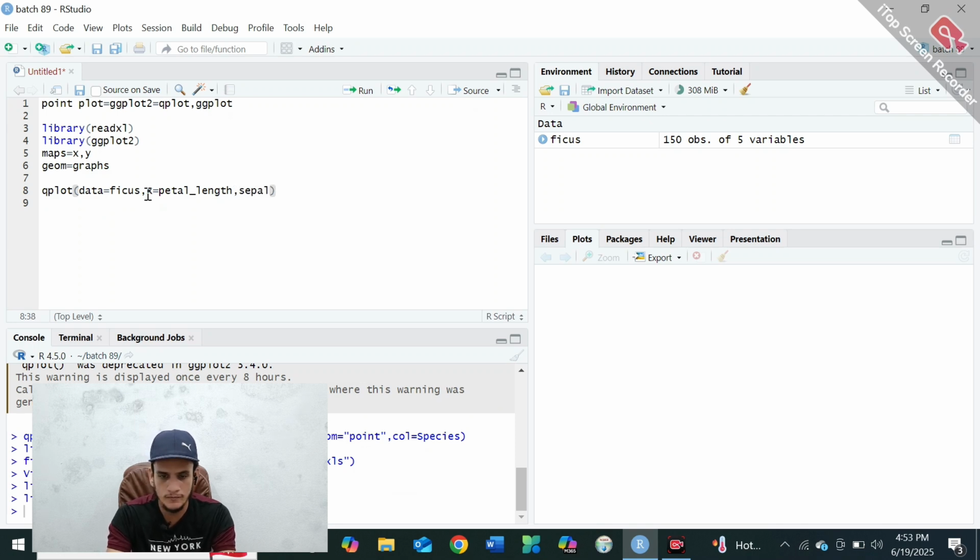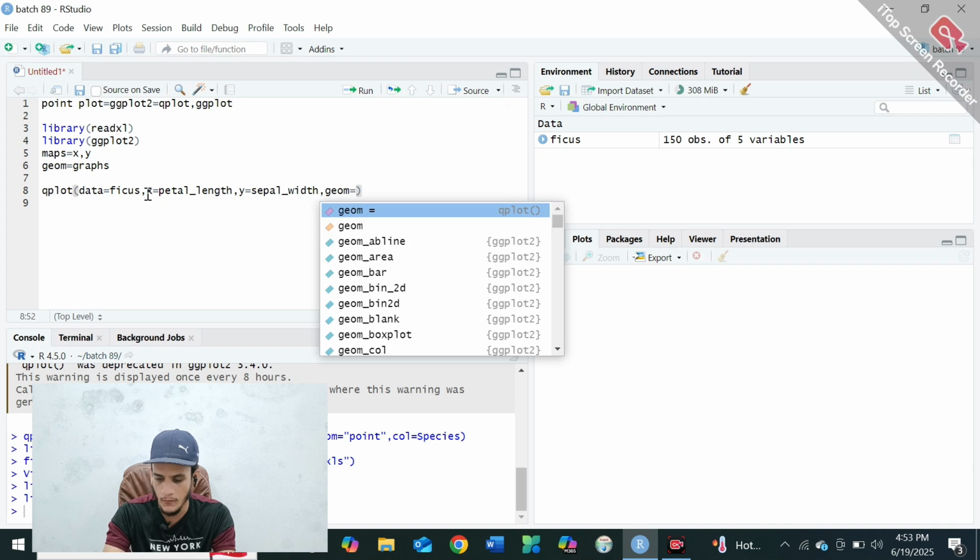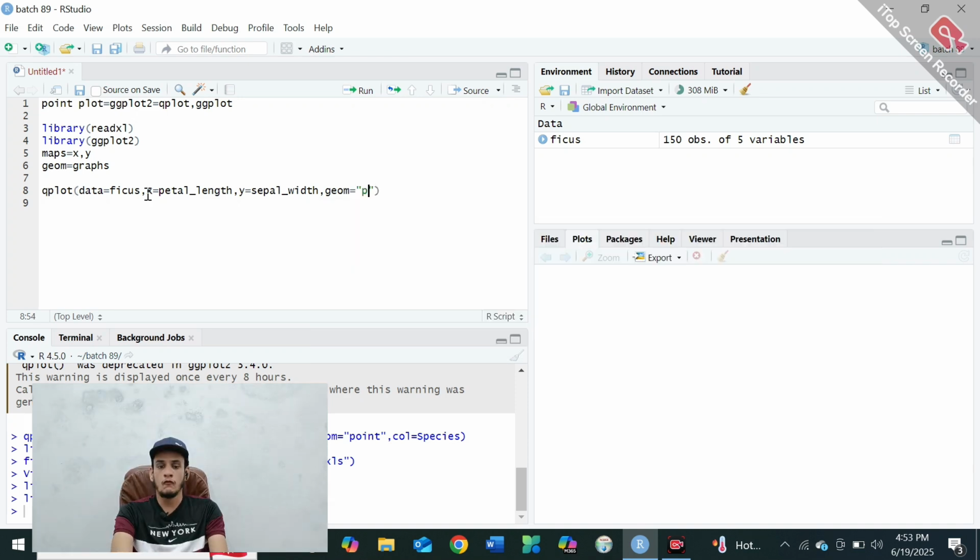Sorry, y is equal to Sepal.Width. And the last one was geom. So geom is equal to inverted commas and point, right? So our script for the point plot is ready.